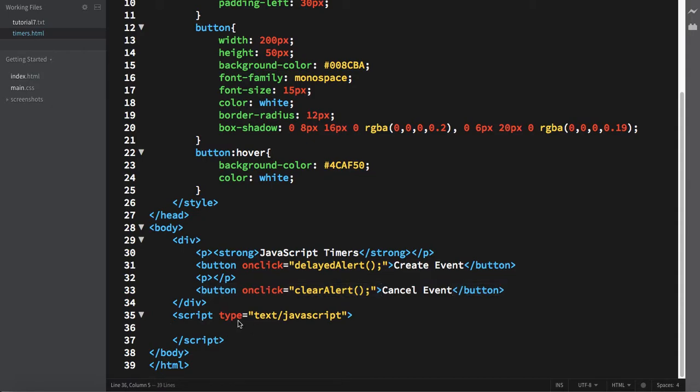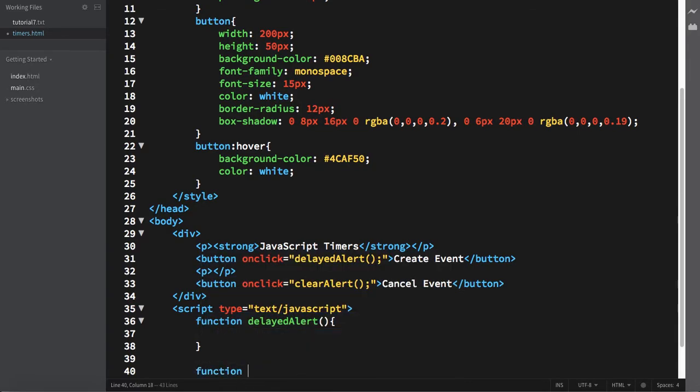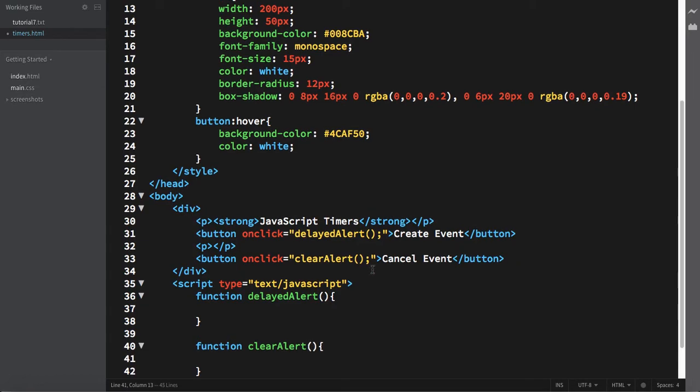Now move inside this script and try to code these functions. One of the functions is this. Similarly, we have to create another function that cancels the event, and we have called it clearAlert.